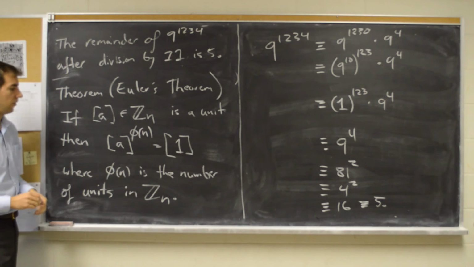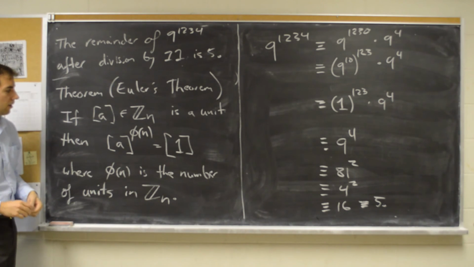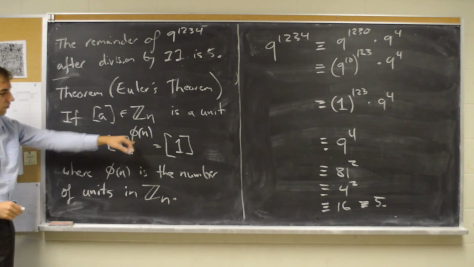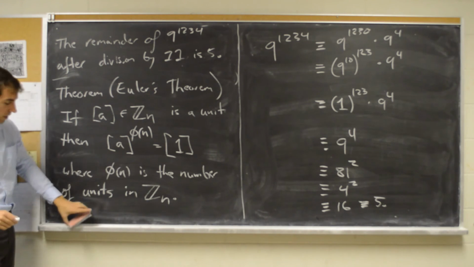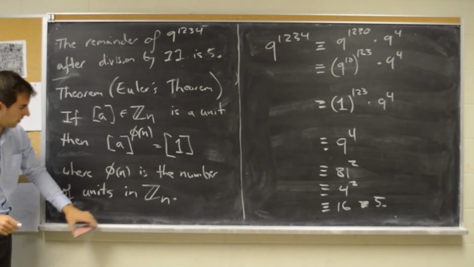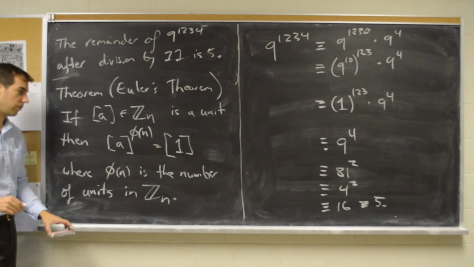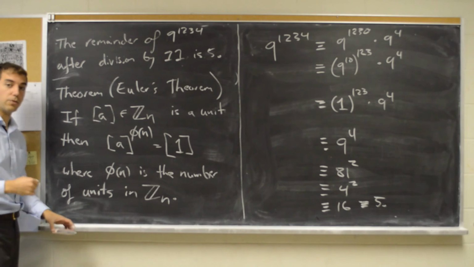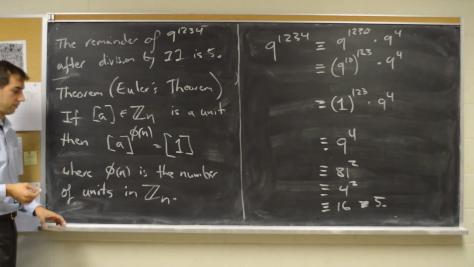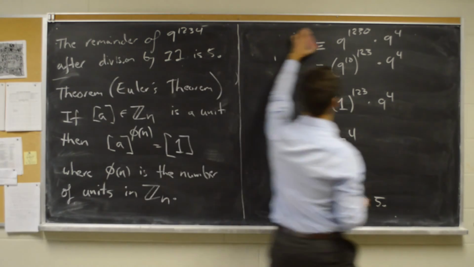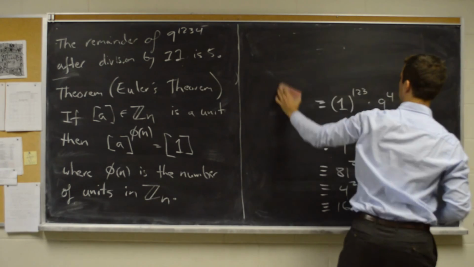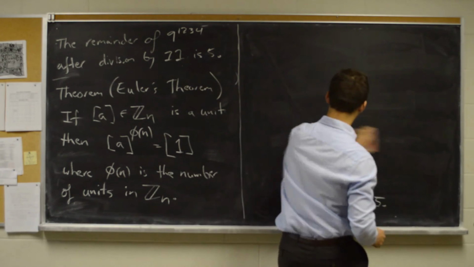So the number of elements that are relatively prime to n. And this can be a tricky number to compute. In fact, a lot of cryptographic systems rely on this being difficult to compute, even if you know what n is. I'll say more about that in a second, but let me